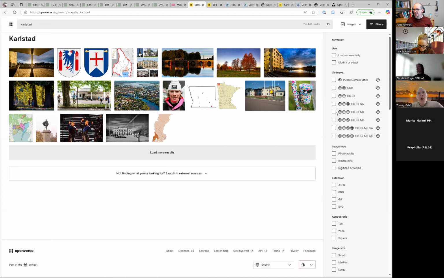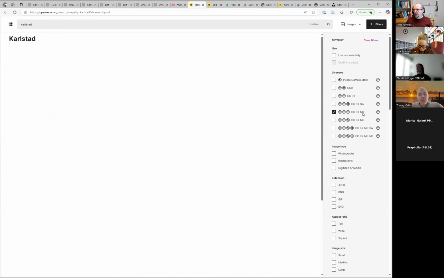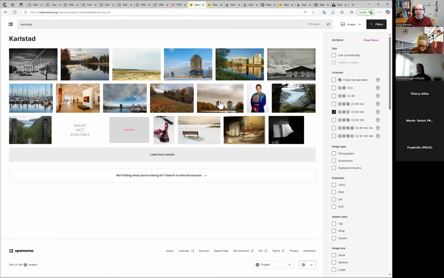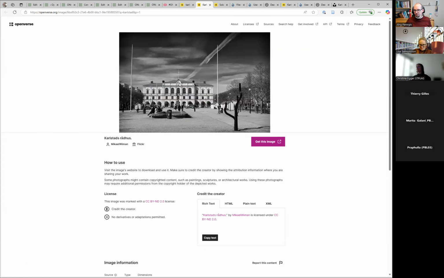Going back to the licenses, another combination of letters you see is ND. And this is my go-to picture. I love this black and white picture, by Michael Wiemann, posted on Flickr with the license ND, and it says here already, no derivatives or adaptations permitted.